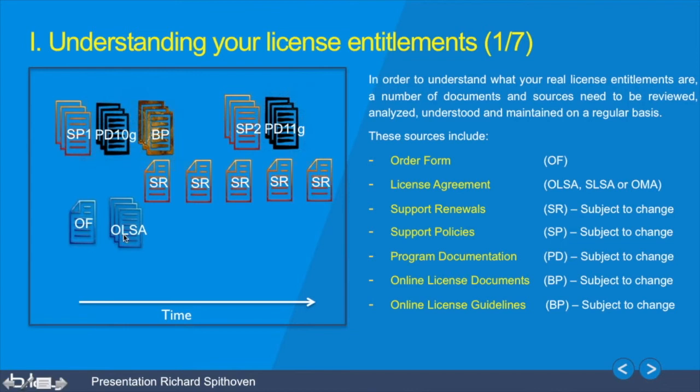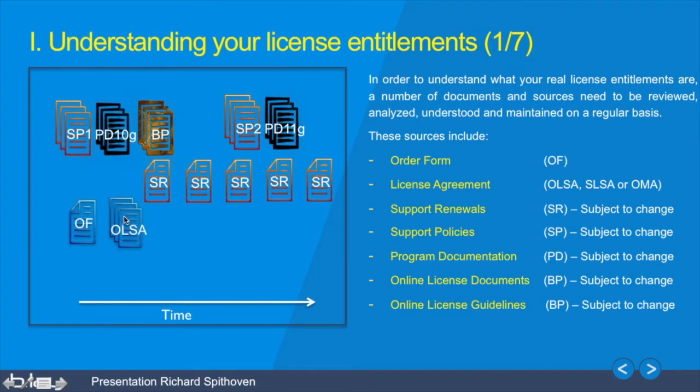Because, for example, if you bought a database license 6-7 years ago, and at that moment in time version 11G release 1 was available, the program documentation of that specific version dictates a lot of specific terms that you need to take into account. Like, for example, what features and or components are part of that specific release, or what specific products you need to license on top of the Oracle database that you may have purchased versus what is actually an included product in the license. Now, all that information is listed in the program documentation, and your OLSA or OMA specifies